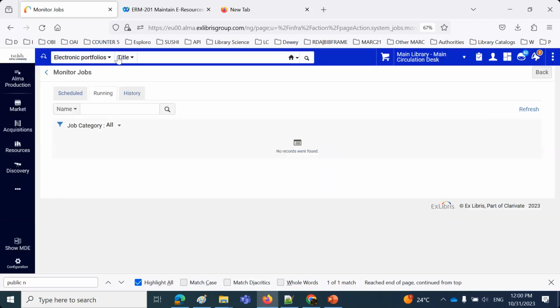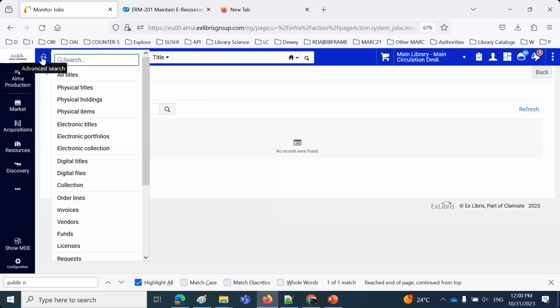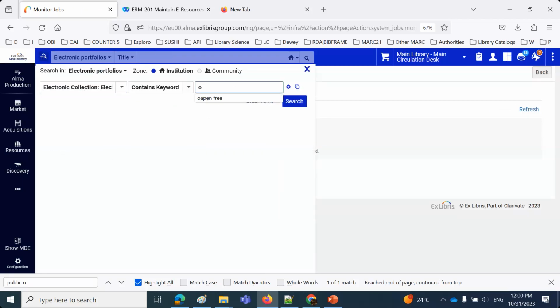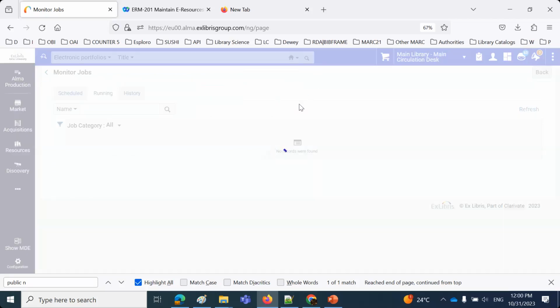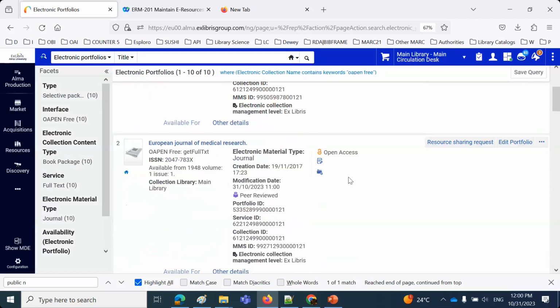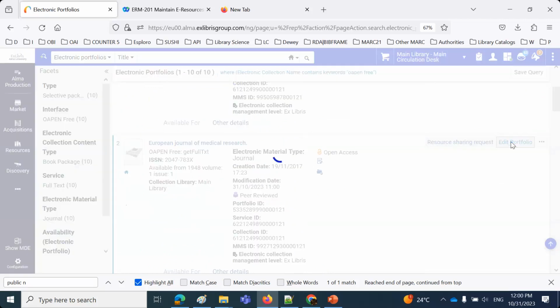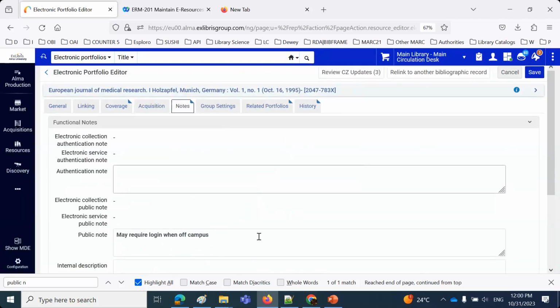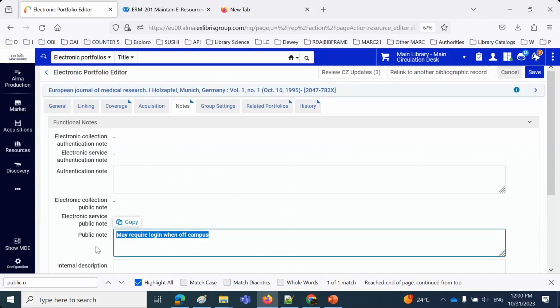Already done. Let's go to that same search again where we did electronic collection name OA Pen Free. Here it is. And this was the example we used, European Journal of Medical Research, now has a note, and there it is. Okay,